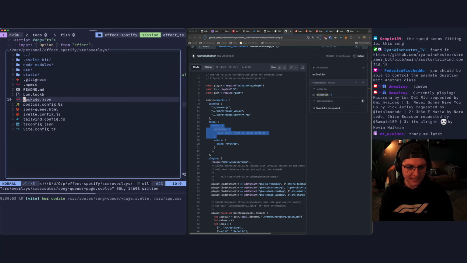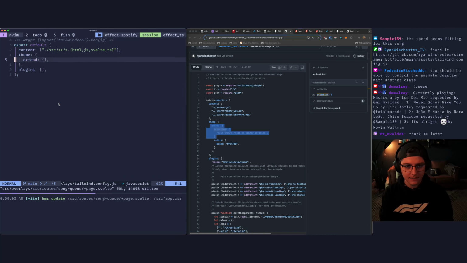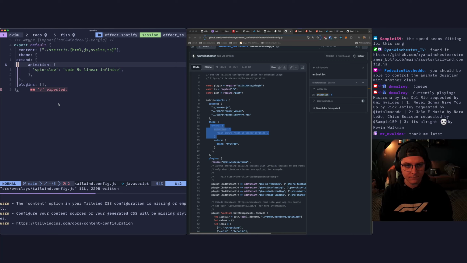And that goes in my Tailwind config, and that goes under extend. Nailed it.